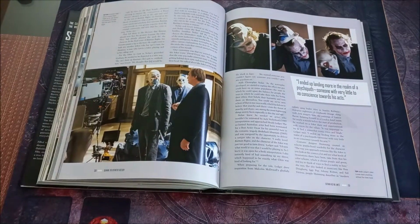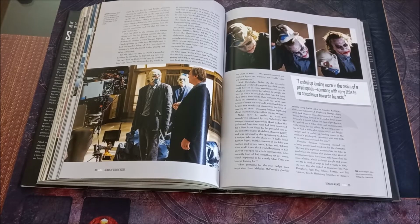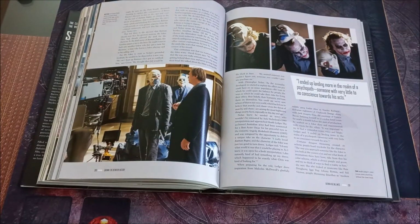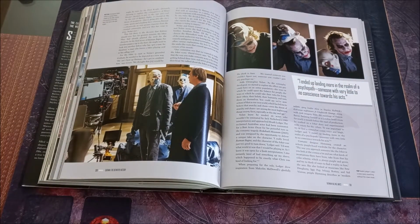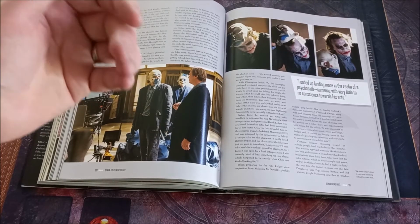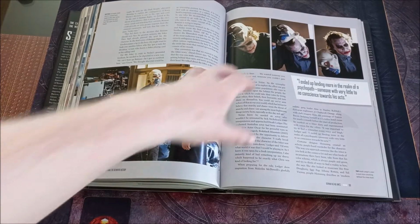I didn't watch this film for a year, until I sat down a year later and watched it. And this film is, don't get me wrong, a fucking masterpiece. The opening sequence is one of the best opening sequences to any film, bar none, ever, with the bank heist. But to me, I'm just reminded of my mother's death